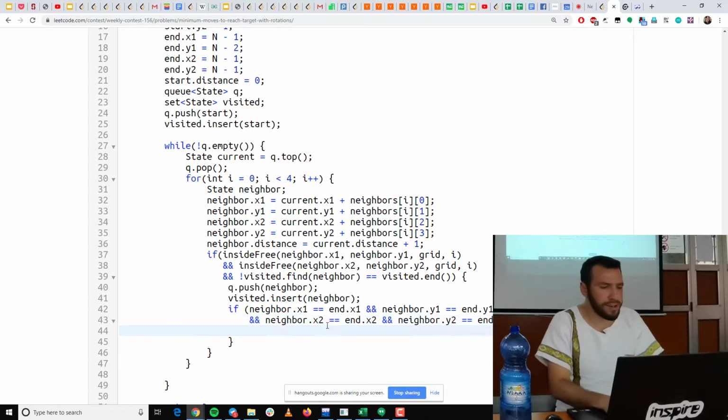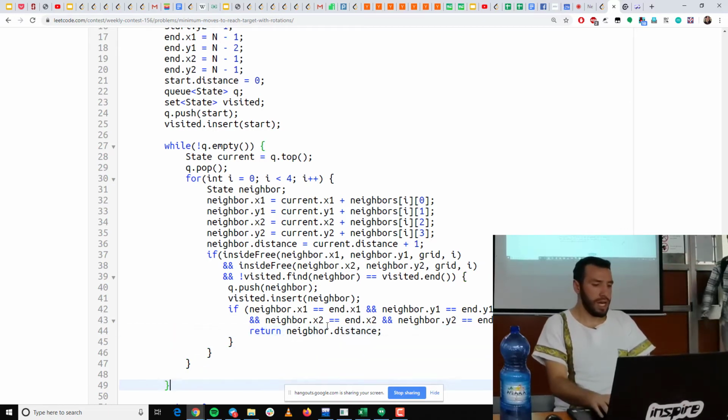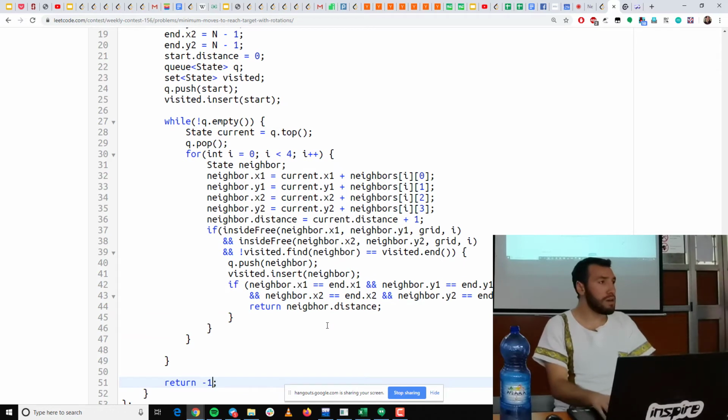If I find the endpoint, then I'm going to return the distance of the neighbor, right? And if that is not the case, if I reach here,